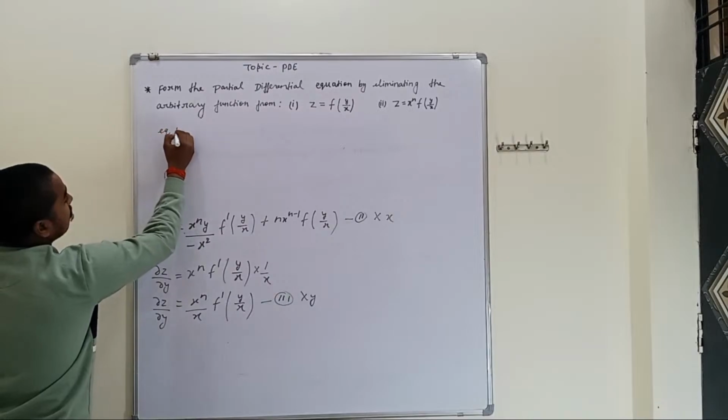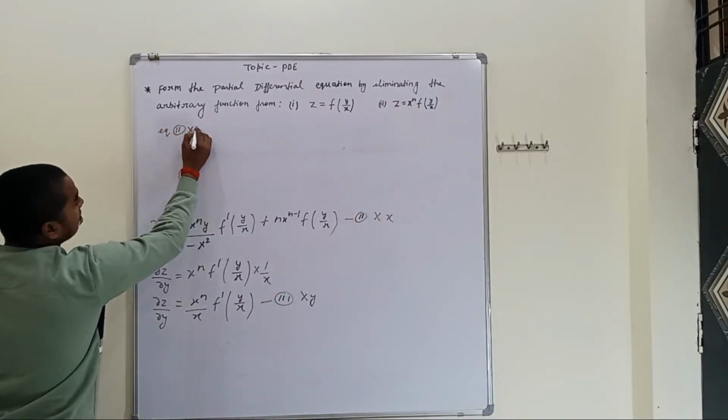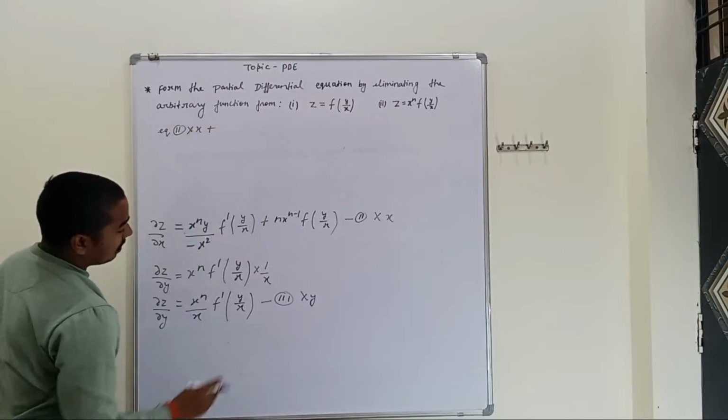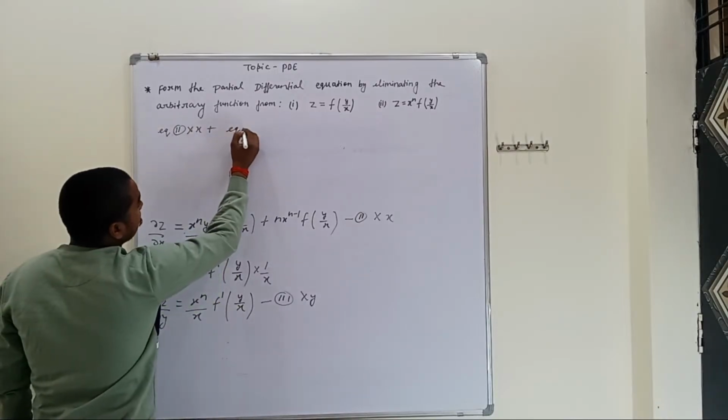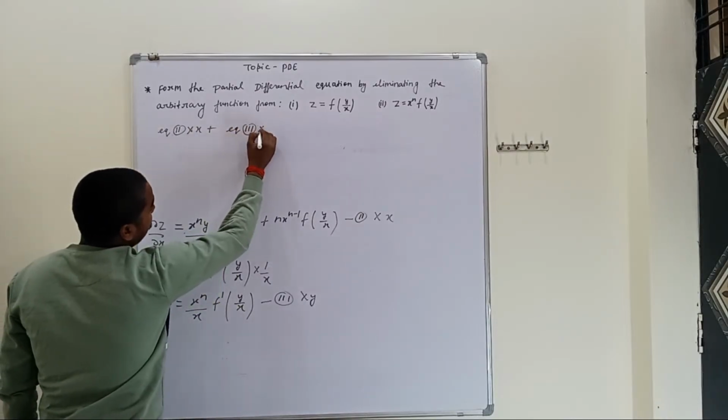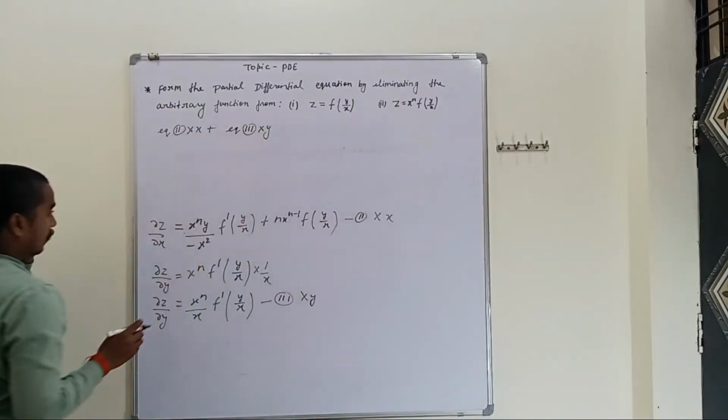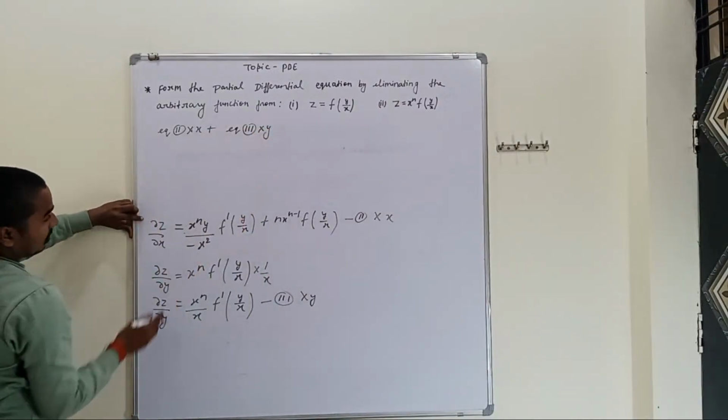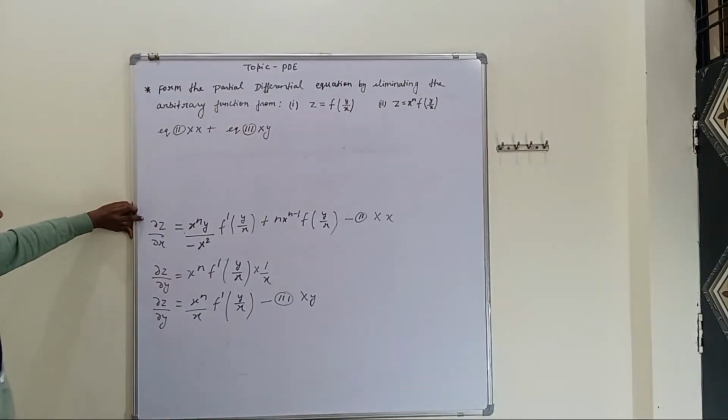Equation 2 multiplied with x plus equation 3 multiplied with y and adding, that is, adding left hand side to left hand side and right hand side